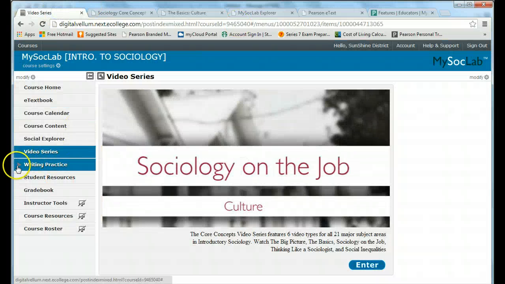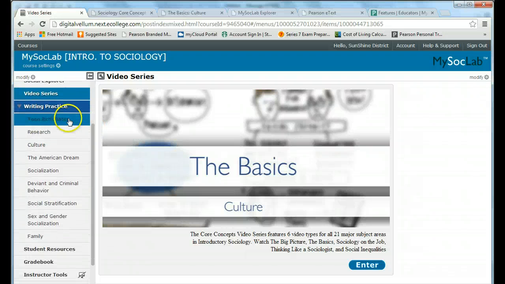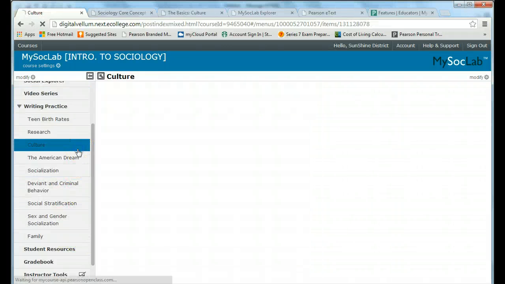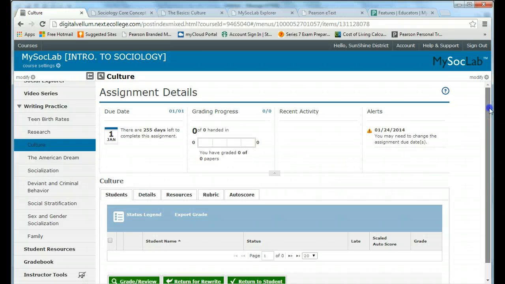You can basically get an example of that. Okay, next up is the piece everyone was asking for. So these are the auto-grade writing assignments. Right now, you can see that these are the ones that we have currently, but this list will be growing as time goes on. So right now, if we go into the writing assignment for culture, from a professor's perspective,